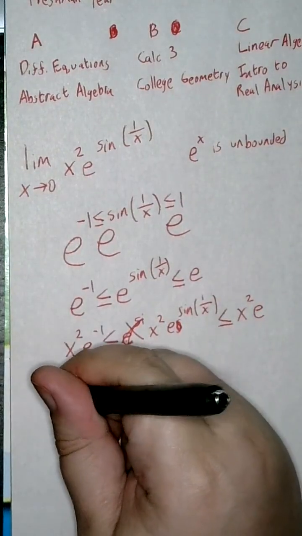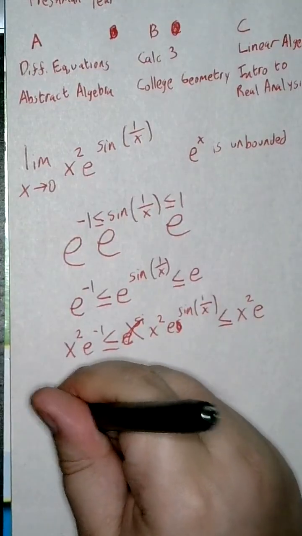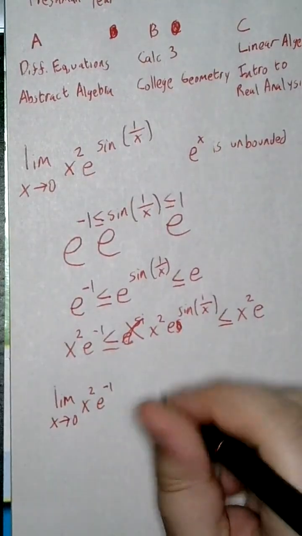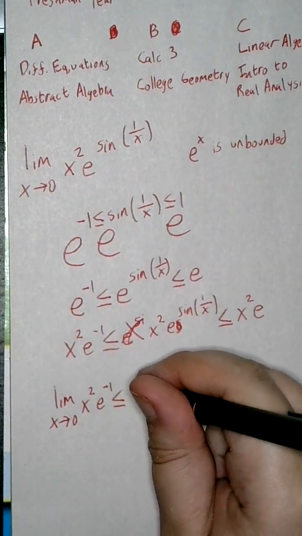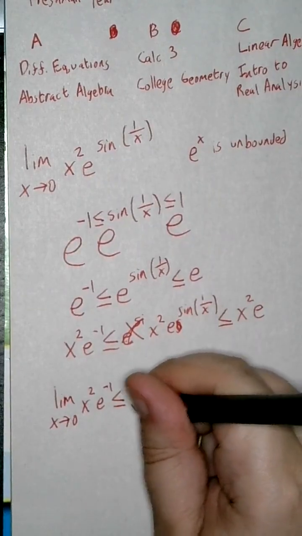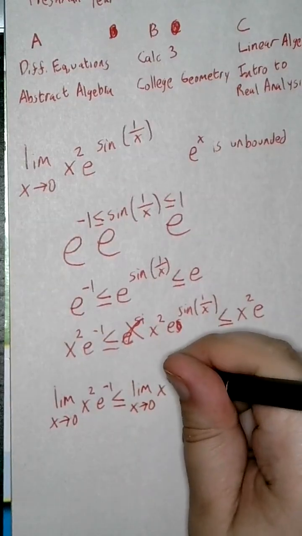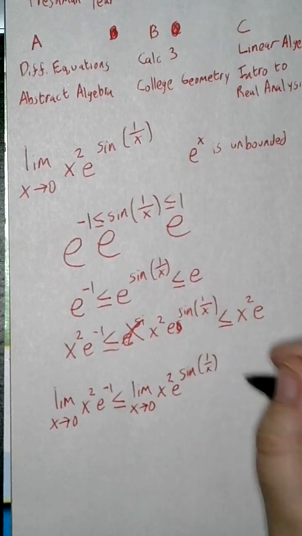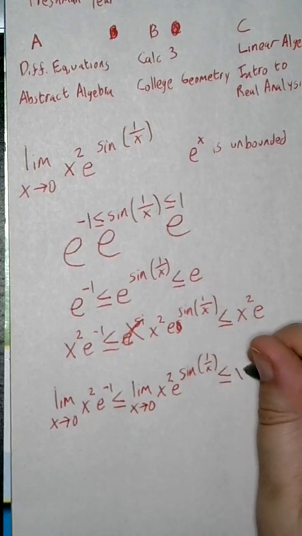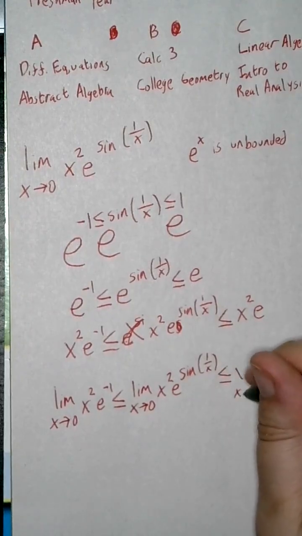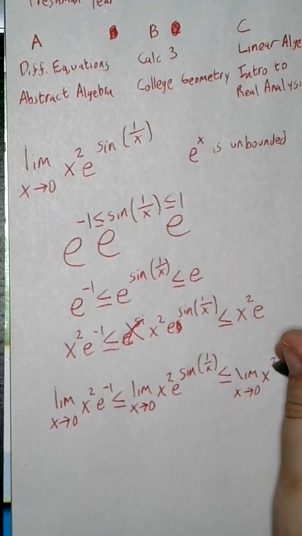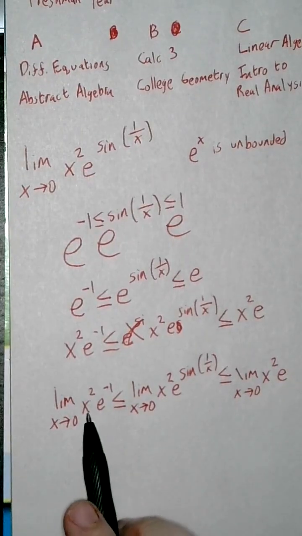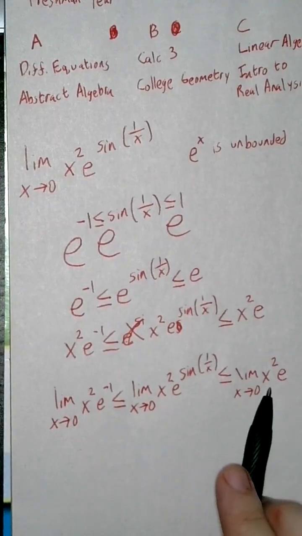So I have limit as x approaches 0 of x squared times e to the negative 1 is less than or equal to the limit as x approaches 0 of x squared times e to the sine of 1 over x, which is less than or equal to the limit as x approaches 0 of x squared times e. Now, I'm going to go ahead and plug in 0 for x here, and